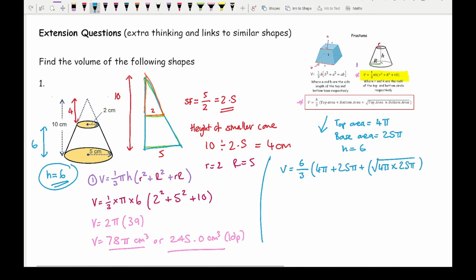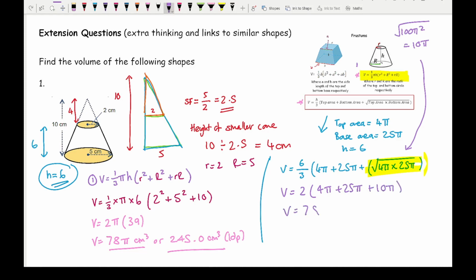Now if I just deal with this first, let me just highlight this bit here, and then we just close that bracket as well. So from this, if I just simplify this, 4 times 25 is 100, pi times pi is pi squared. So we're doing the square root of 100 pi squared, which then just gives me 10 pi. So what we're left with is 6 divided by 3, which is 2. I've got 4 pi plus 25 pi plus 10 pi, which simplifies to give me 78 pi centimetre cubed,